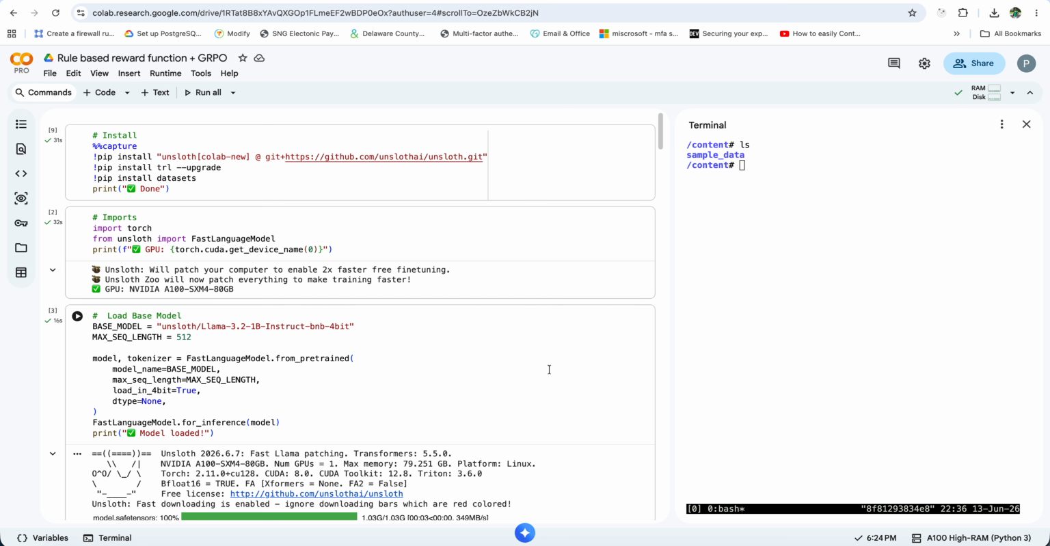PPO stands for Proximal Policy Optimization. How it works, basically: PPO was used by OpenAI to train its model, and they claimed it took almost $100 million to train the model. PPO has three models internally which are always running: reward model, actor model, and the